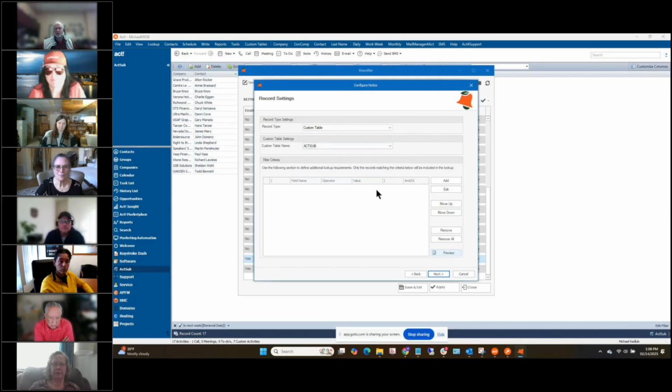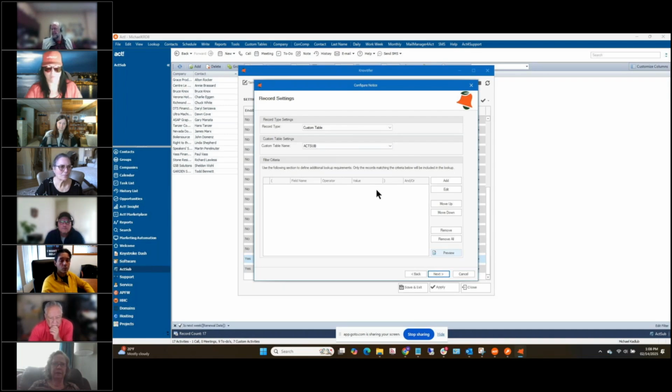Now, you could filter things down here if you wanted to, okay? So you can filter either by the contact or the X sub itself, and saying, maybe on the X sub there, we have an active checkbox. You only want the ones that are active, or maybe certain products. You only want to do a specific product for renewals. You can query certain products and filter only those. If you don't do that and just leave that blank,